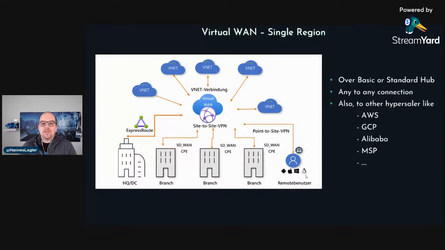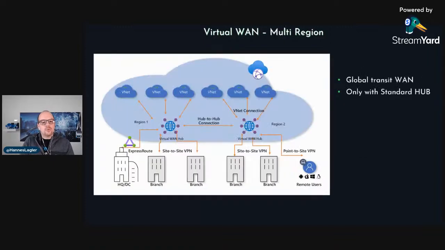Always think about when we connect virtual networks to vWAN, we always use the Microsoft backbone, the regional backbone or the global backbone. This is a single region experience here. When we want to bring the connectivity endpoint near to the branch office or headquarters, we also have the ability to implement a multi-region architecture, exactly like this one here. And this is also the architecture I've implemented in my test environment, which we'll see later on.